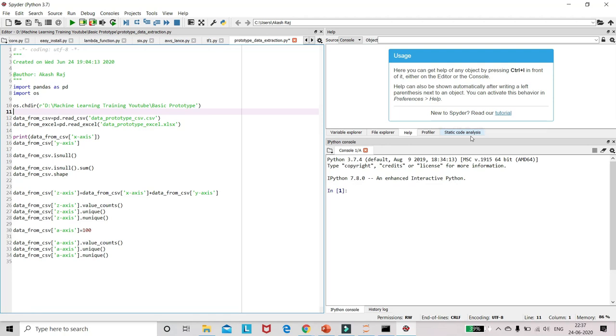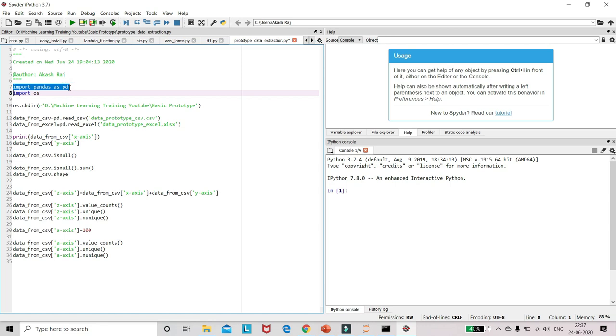Hi guys, today we are going to learn about data extraction using the Pandas library. Libraries are provided by Python, built by groups of people to help us perform larger and complex tasks by writing only a few small lines of code. If you want to see how pandas works, we will try to import it.